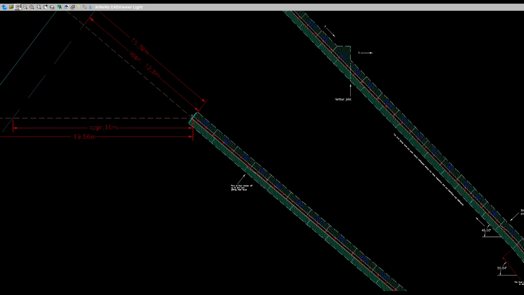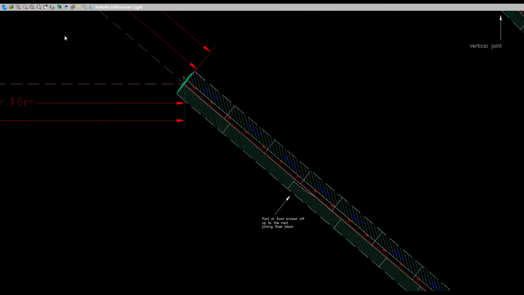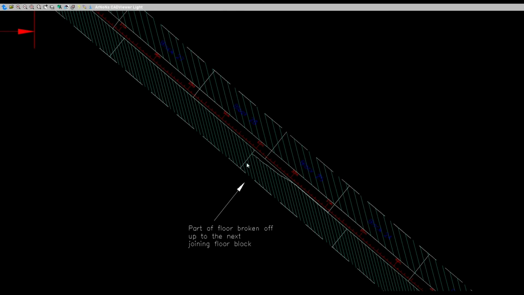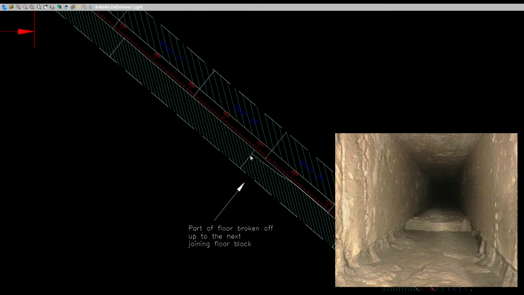Then at this point, this is kind of interesting. There is a kind of indentation here. It's broken off. There's kind of a dent in the floor, but there is no dent on the left and right, so it seems to be dug out. I'm not sure what's happening at this part, but the